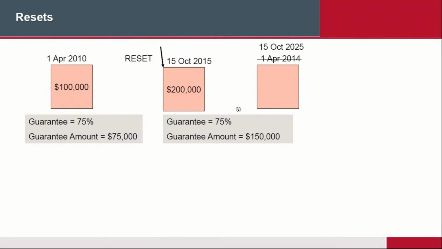Okay. However, the insurance company is going to give you something to allow you to reset. They want something in return, and that something in return is that the maturity date is now 2025. Okay, 2025. In other words, we have extended it now. So when you reset, you're pushing the maturity date out 10 years. So you reset October 2015, and therefore the maturity date will be October 2025.